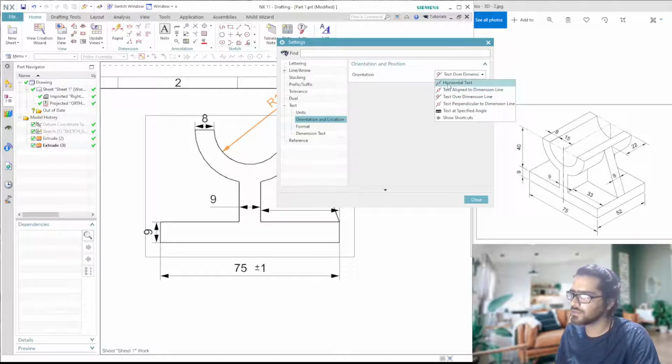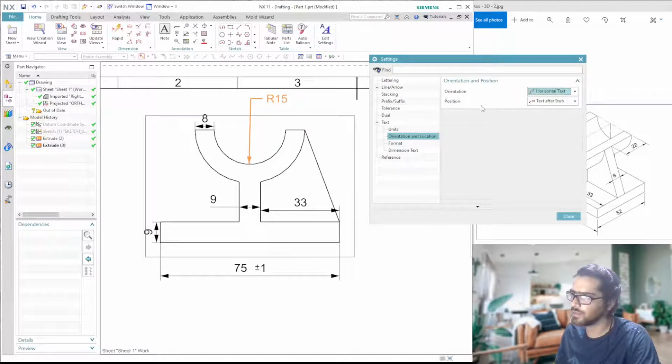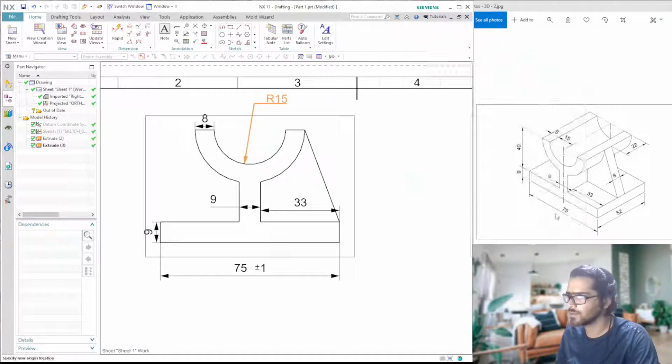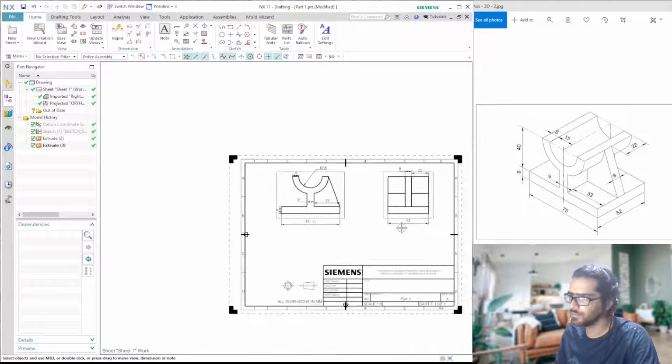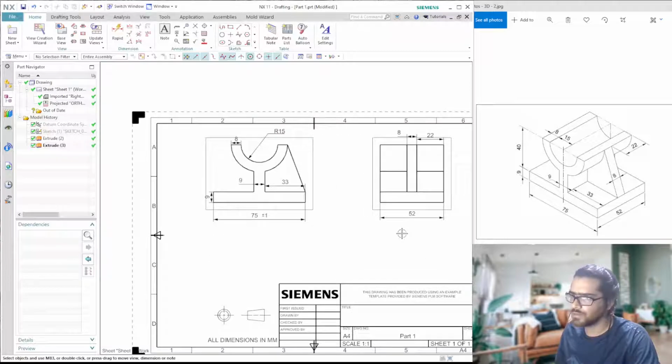But let's change it to horizontal, and now you can see we have another option, that is the position. Currently by default it is text after stub. You can change it to the text over stub. For me this looks more appealing and cleaner, so I'll leave it with this option. Let's close this. Again, let's move this so that it looks a little bit better.